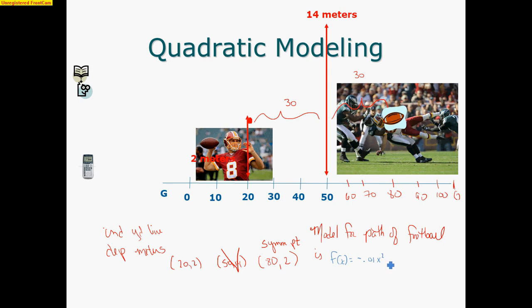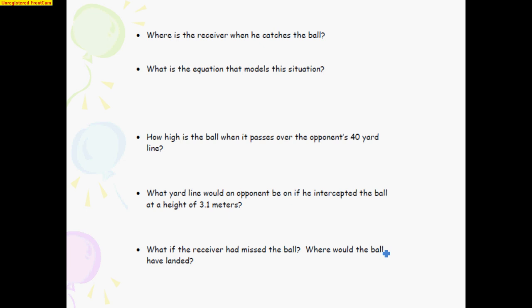Is it minus or plus? Plus 1.3x minus 19.3. Right? I write down rounded numbers, but in my calculator I have all the decimals, because remember, I'm going to use this model to answer these questions. I'm going to rewrite my model at the top. The path of the football is modeled by negative 0.01 x squared